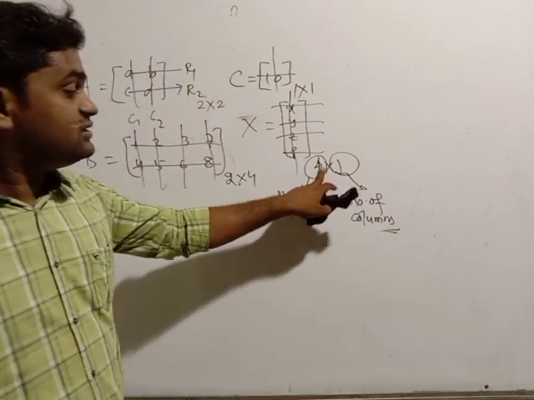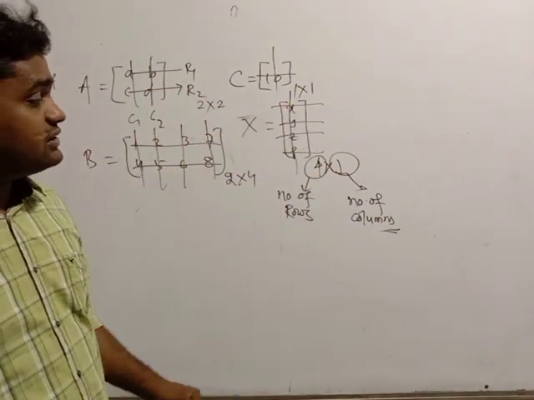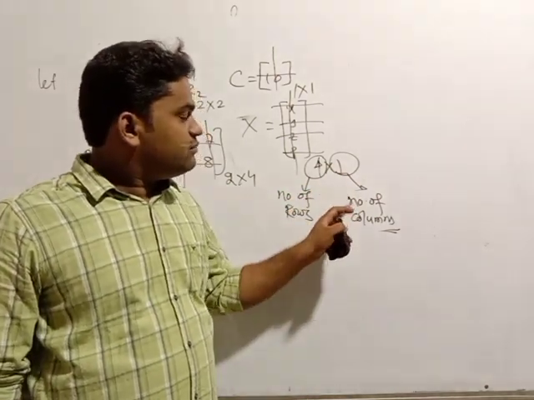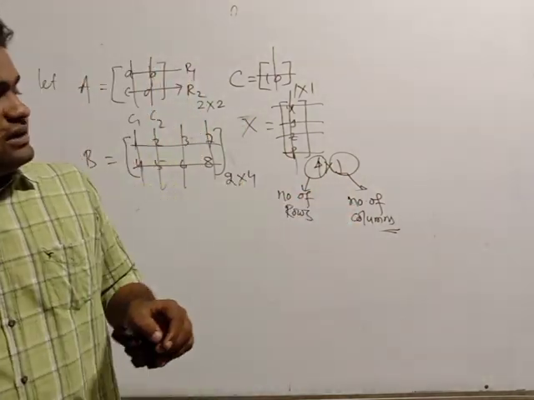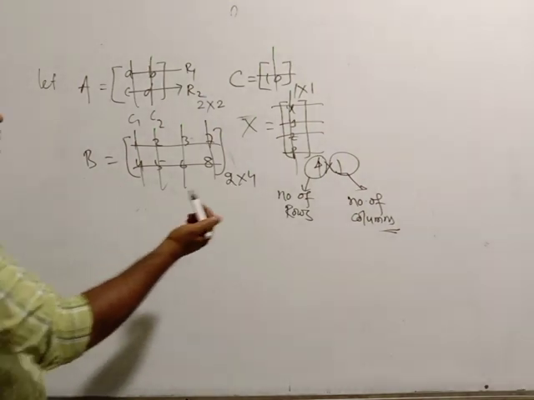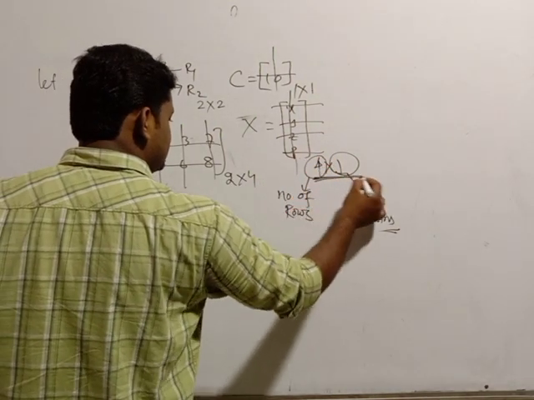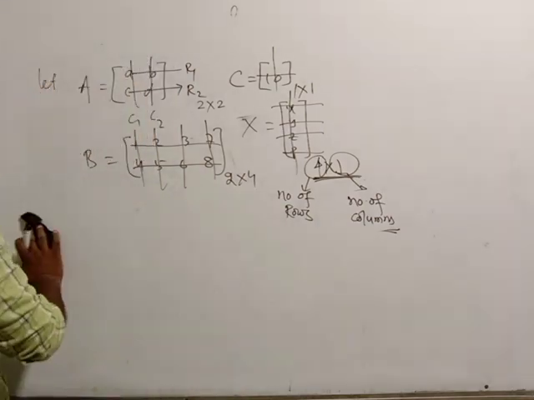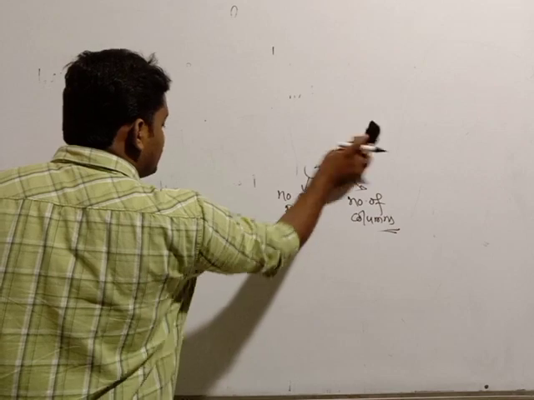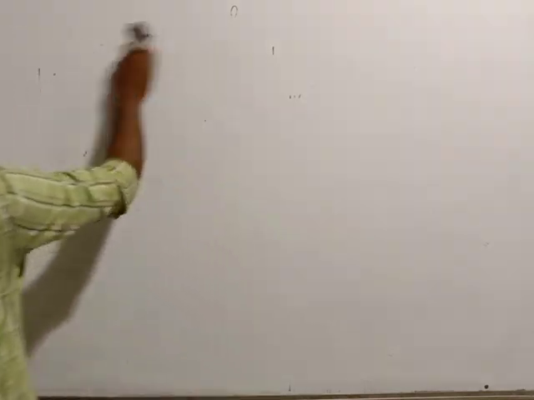This one represents the number of rows of the matrix, that means the horizontal lines, and this one represents the number of columns, that means the vertical lines of the matrix. So combinedly we say that this is the order of the matrix. Okay, so one important point is that if A is a matrix